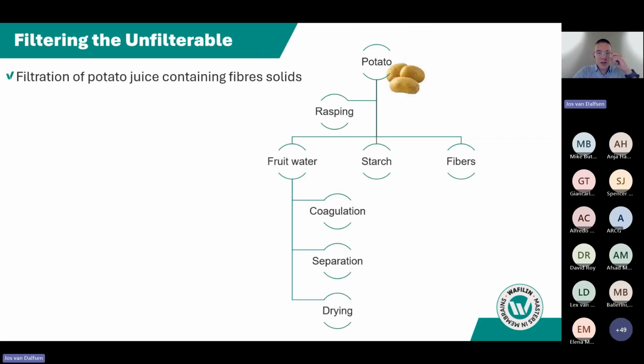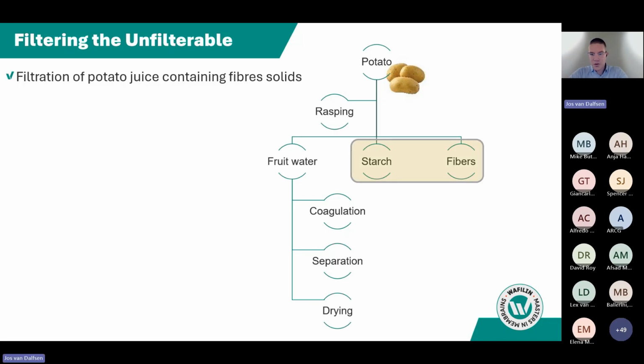So the existing process is relatively, well, in a simple scheme is like this. The main purpose, main target of this customer was to reclaim and produce starch and fibers after rasping and grinding the potato. But what you have left is a fruit water, we call it potato fruit juice or fruit water, that is further treated in their process by a steam coagulation process. Then the proteins are being coagulated and separated and then dried. So this is their existing process, how they've been doing that for many years, many decades in time.